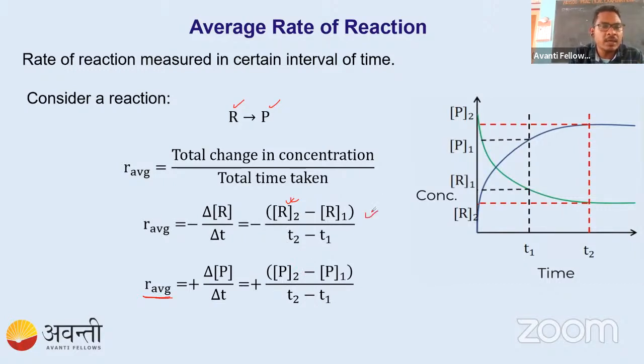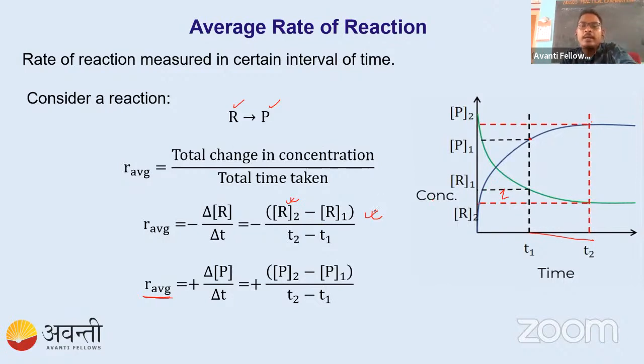With respect to the reactant, you will get negative. With respect to the product, you will get positive. Now here you see, if you see the change of product, at T2 its value is P2 and at T1 its value is P1. So we are taking the change overall within this interval, what is the change of this R? That is the average, not the exact value, but on average we can take this.